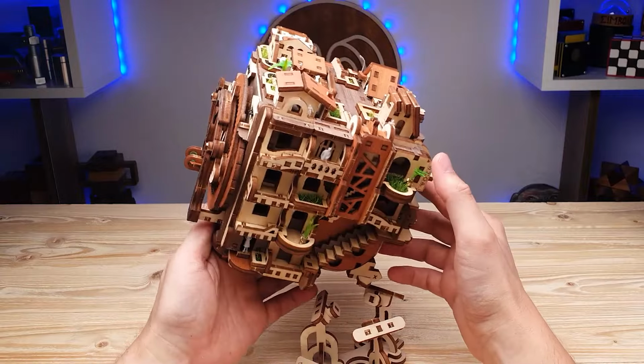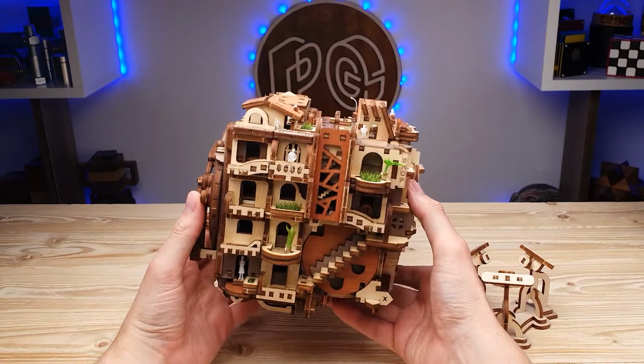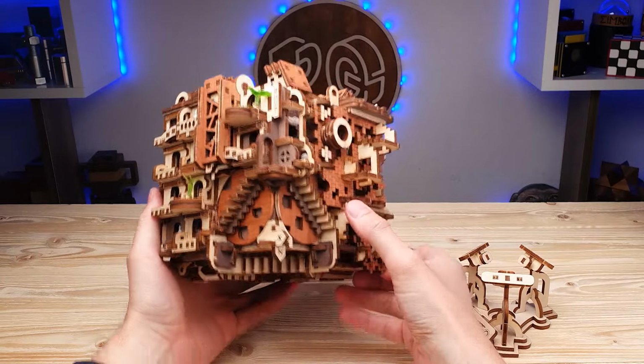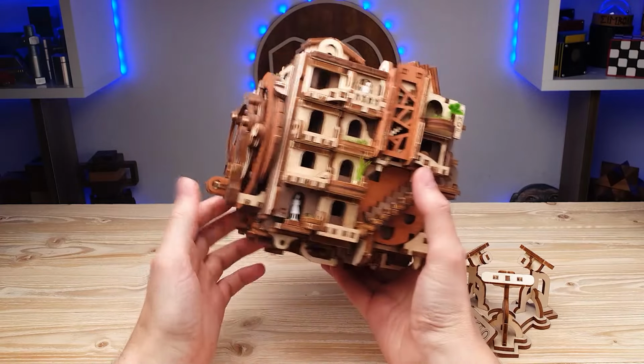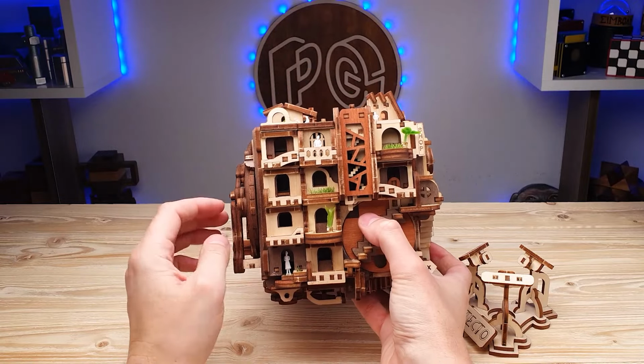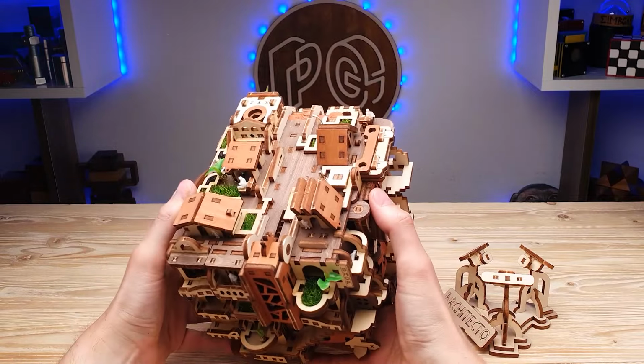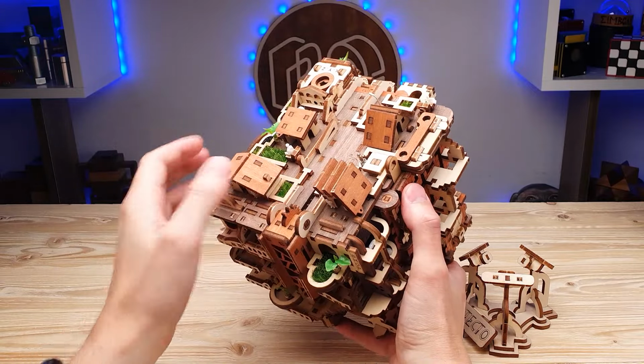It is a very beautiful puzzle box, one of the most beautiful puzzle boxes, escape room in boxes that I've seen. It is very beautiful. A lot going on each and every side. I like this side. It looks like just a beautiful building somewhere in Europe. This part, it looks like a small village with houses with...